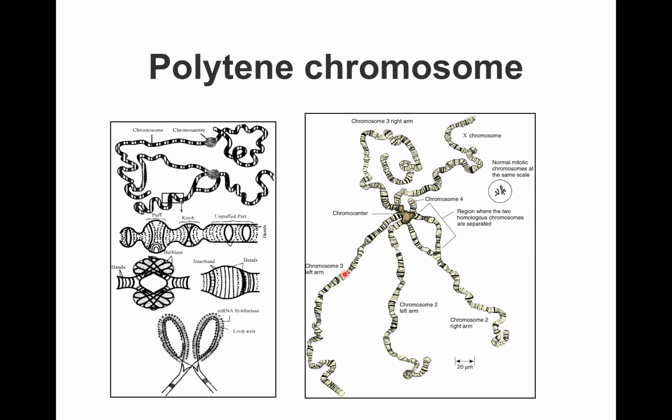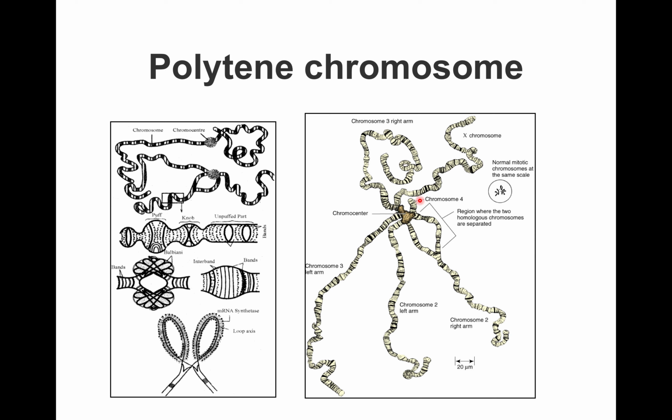This is a chromosome 3 left arm. And it is a fourth chromosome. This one is the shortest arm. There is also a Y chromosome, which is not visualized because it is completely fused with the chromocenter and is totally heterochromatic. So 1, 2, 3, 4, 5, 1.